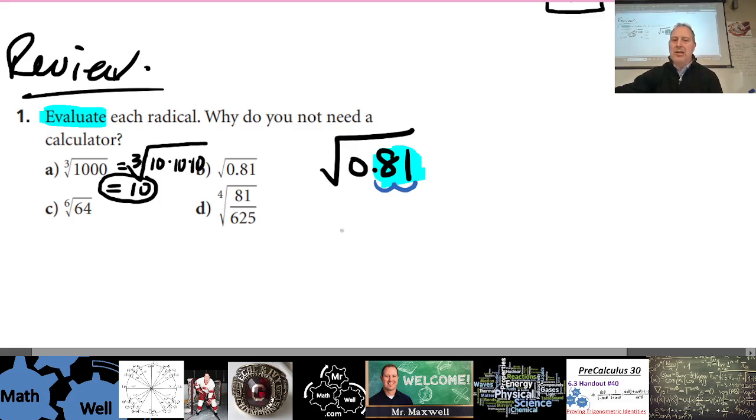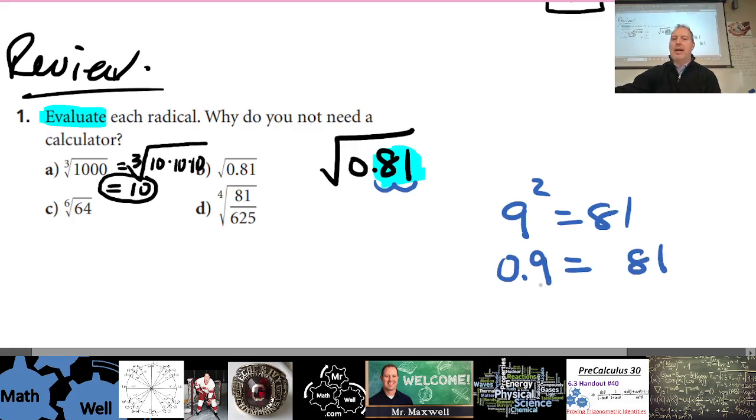Now, 9 is not going to work, right? 9 squared is 81. But because it's a decimal, you might want to try 0.9. Now, 9 times 9 is 81. And remember the multiplication rules with decimals. If you multiply a number with 1 decimal place by another number with 1 decimal place, the answer has 2 decimal places. So does that look like the number we're looking for? Yes, it does. So our number is